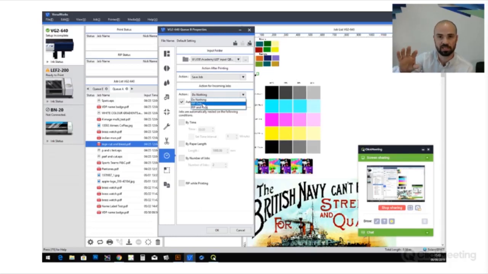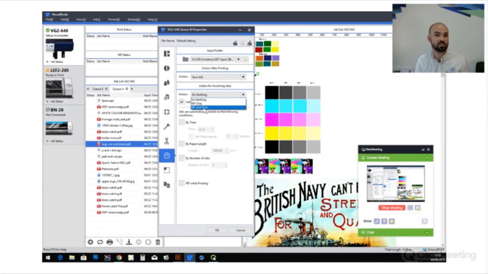So if I've already changed my queue settings, which we just went through, perfectly set up for my banner printing, for example, then I could get it to automatically rip the data or automatically rip and print. So a good example of this would be, say, the printer's set up with a 50-meter roll of banner, and all I've got is a bunch of banner jobs coming in. I can sit in a different room, and I can just be saving those jobs into my queue, sending them to the printer via my hot folder, and they automatically go into my QB, and they're all just ripping and